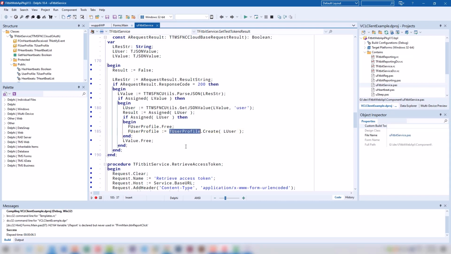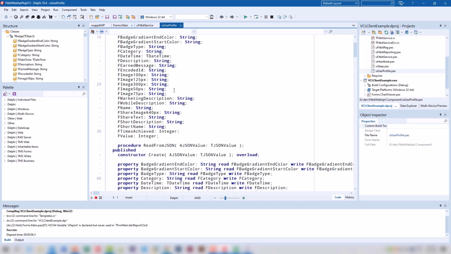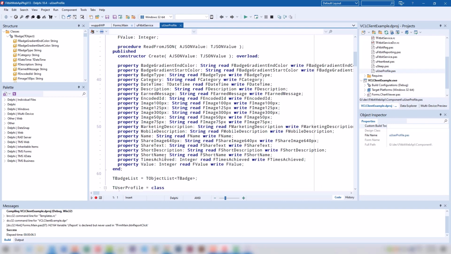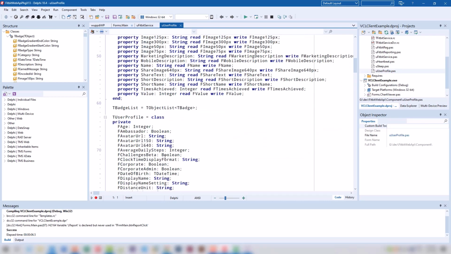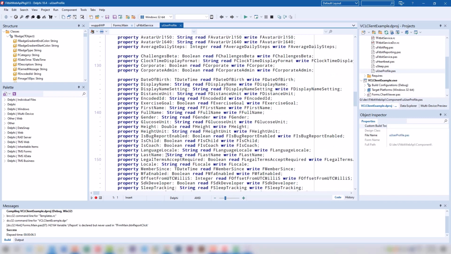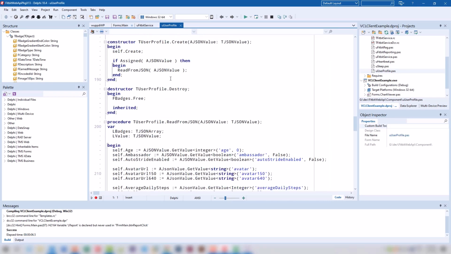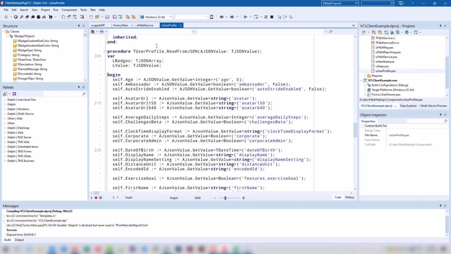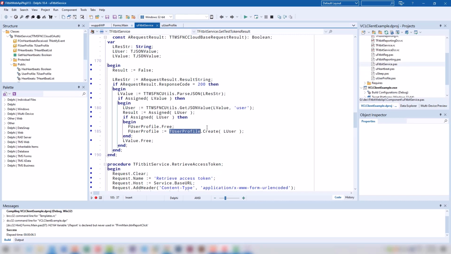Basically, I created a T user profile class, which you'll see right here, with all the information that is stored in the user profile. And then I also added the necessary methods that you can see right here to transfer the data from the JSON into the user profile object that is being created here.